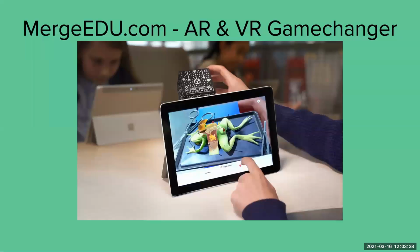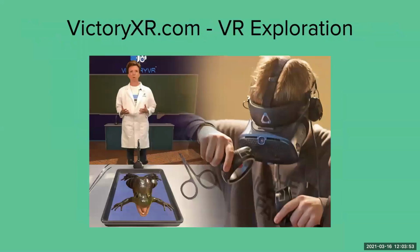Merge EDU is an example of an AR/VR resource using a simple foam cube and an app, which allows students to explore a frog's life, as well as human anatomy and much, much more. You can try out their free paper cube at mergecube.com/paper. Victory XR is a VR company that allows users to put on a headset and enter a dissection lab